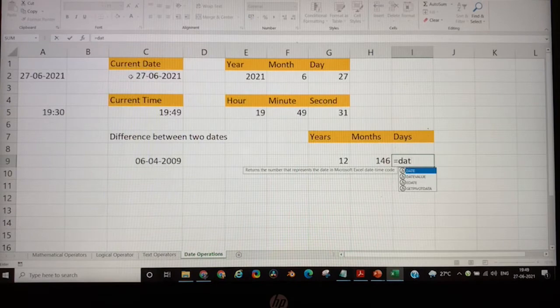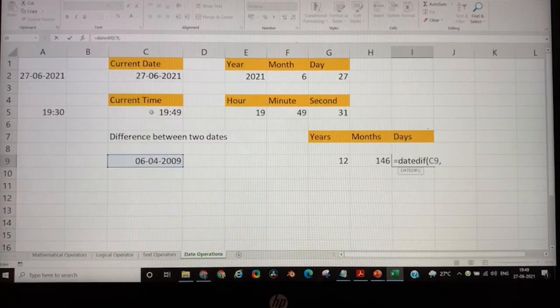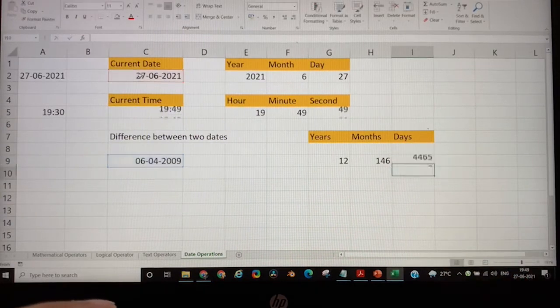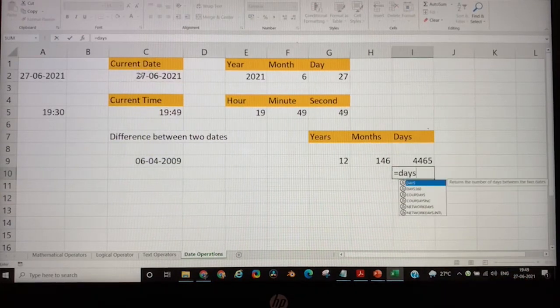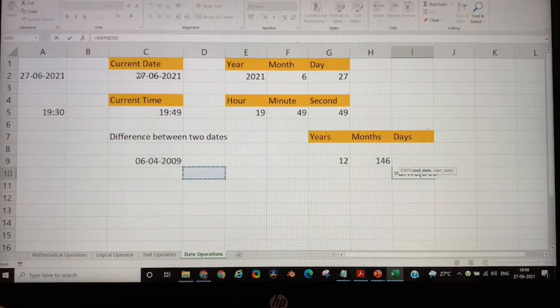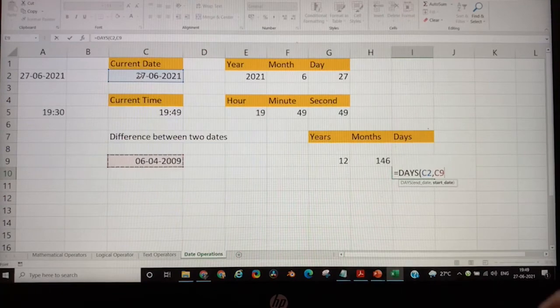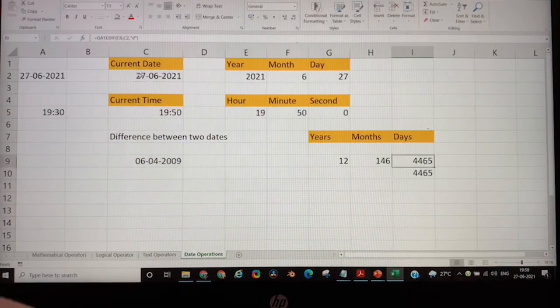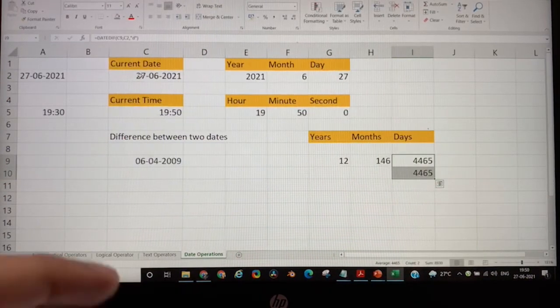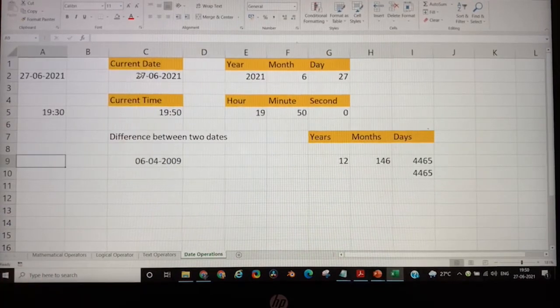And then if I want to find the days difference, there are two formulas for it. First, let's try it with the DATEDIF formula only, the new date and the symbol D for giving the days difference. And there is also another formula, DAYS. In this case, you give the new date first and the start date or the old date later, and the results are the same for both formulas. So these are the basic date formulas for you.